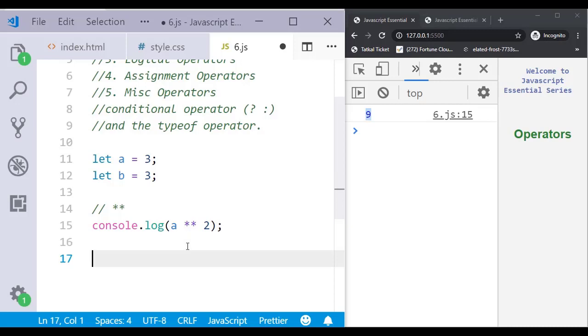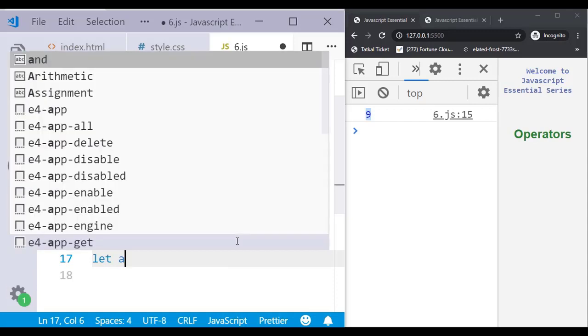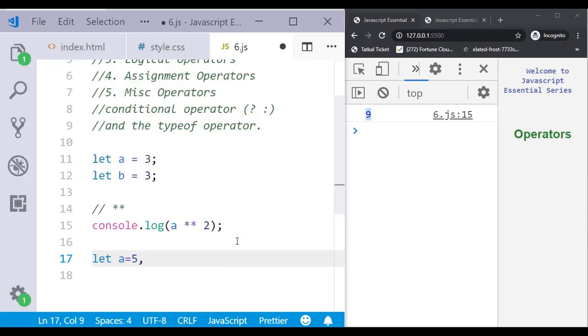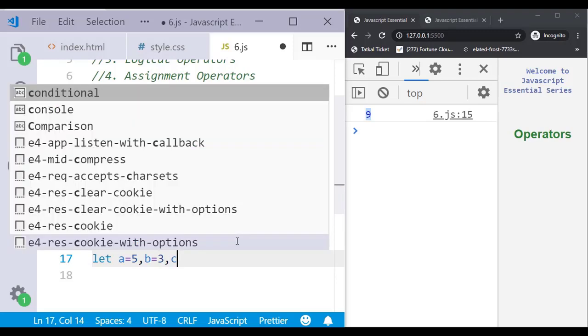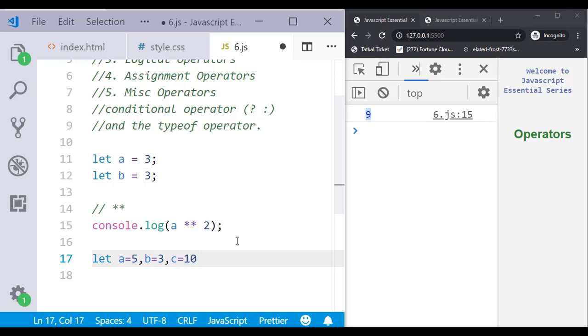Okay, a little bit I will talk about chaining and assignment. In JavaScript you can declare like this, but you can do it comma separated also. Suppose you have a equal to 5, b equal to 3, c equal to 10. Like this we can do it comma separated in a single line. Similarly we can do it for assignment also.